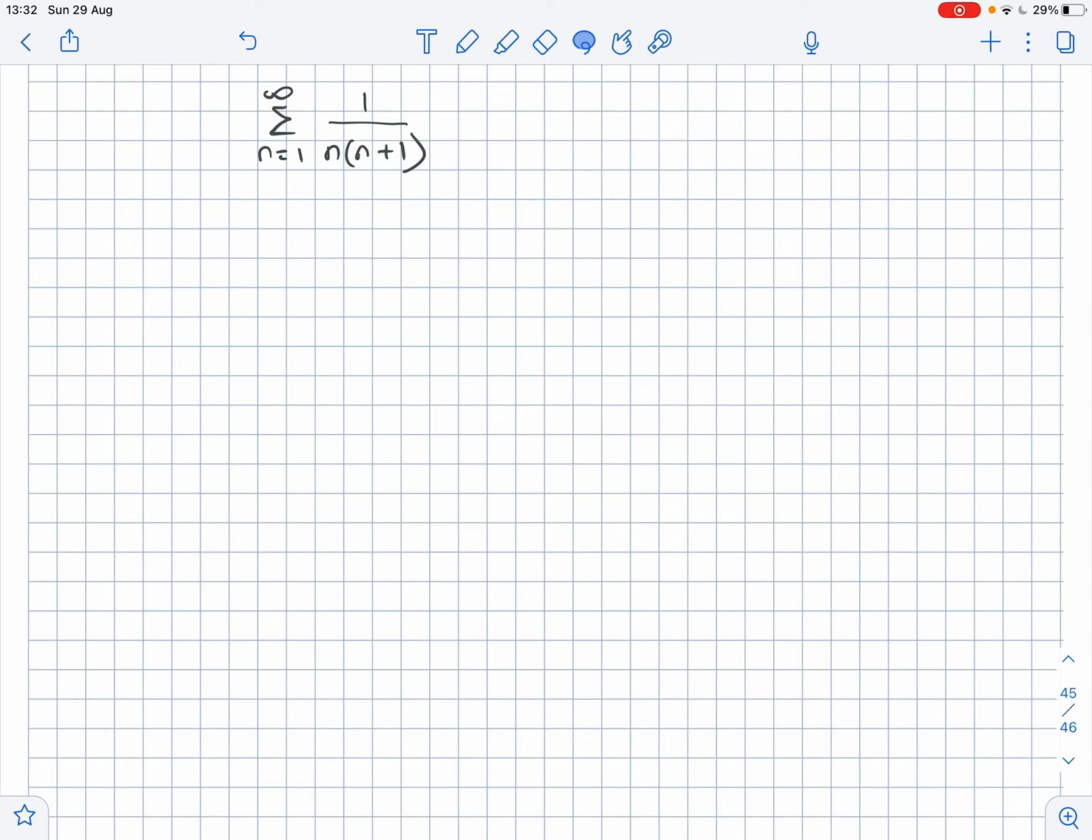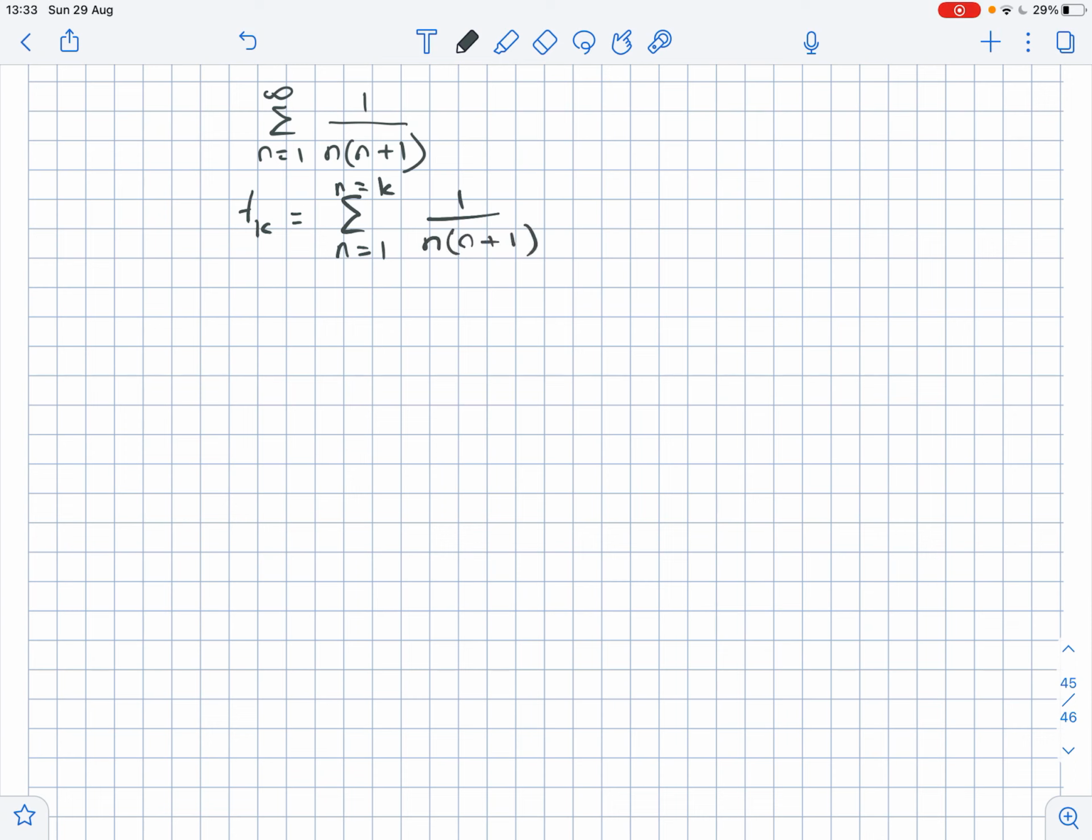So the series is given. We need to find an explicit formula for the sequence of partial sums, and we also need to determine if the series converges. The general term of the sequence of partial sums of a series is the sum of the first k terms. So the general term of the sequence of partial sums of this series is t_k,